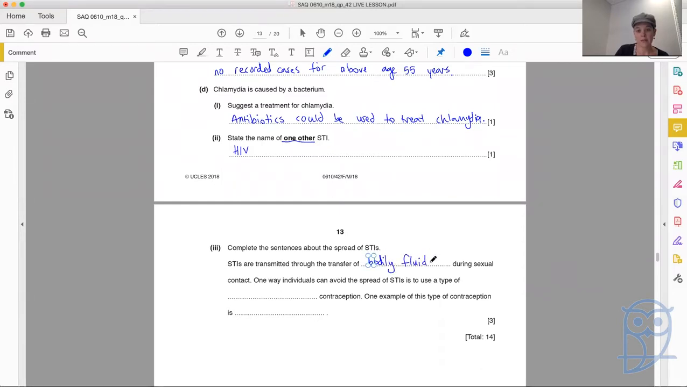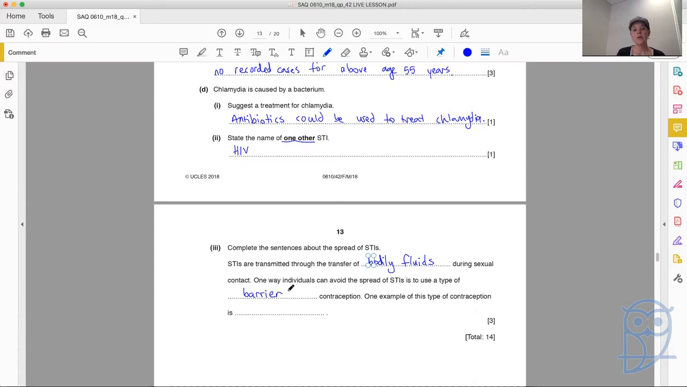It has to be fluid transfer for this STI to transfer. One way individuals can avoid the spread of STIs is to use a type of what contraception? There's only one type of contraception that stops the exchange of bodily fluids, and that, of course, is your barrier contraceptive methods. So, to use a type of barrier